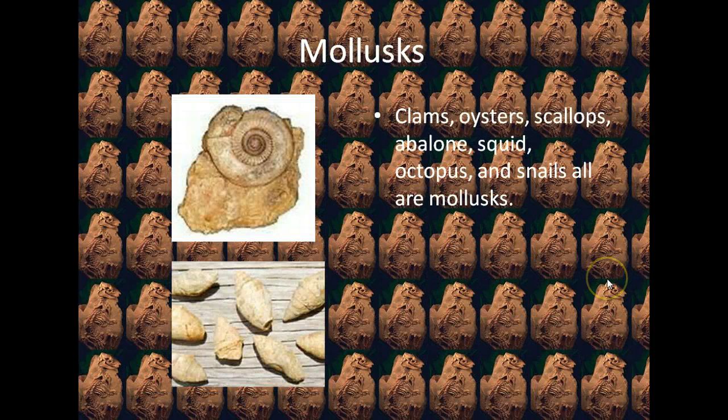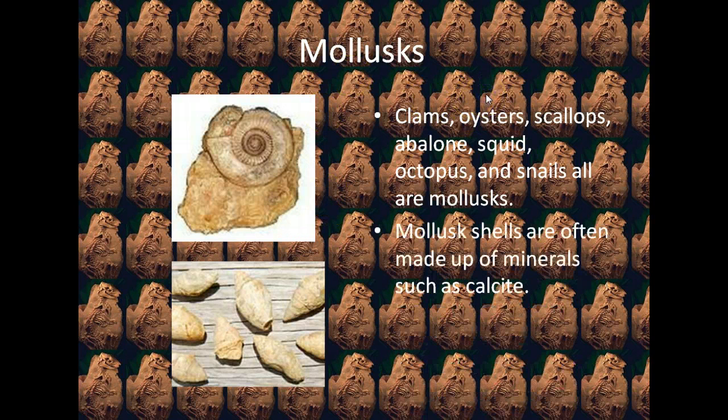Now, mollusks include clams, oysters, scallops, abalone, squid, octopus, and snails. They have a very extensive list of organisms that are mollusks. Mollusk shells, they're made of minerals like calcite, aragonite. You're really going to see a mollusk shell that is just made of